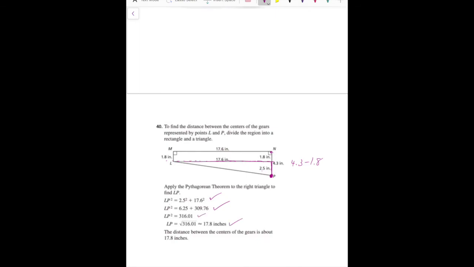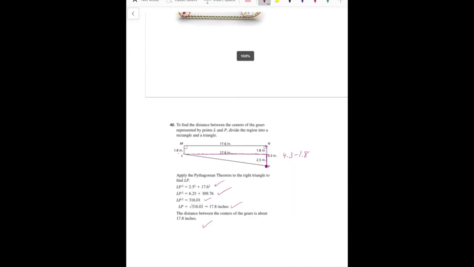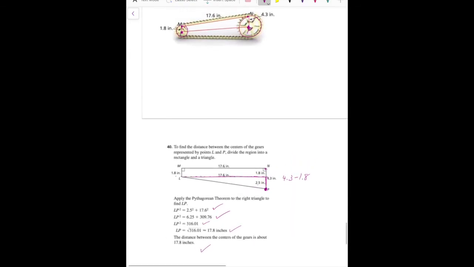So I was calculating that and I got 17.8 inches. The distance between the centers of the gears is about 17.8 inches. So the distance between here and here is